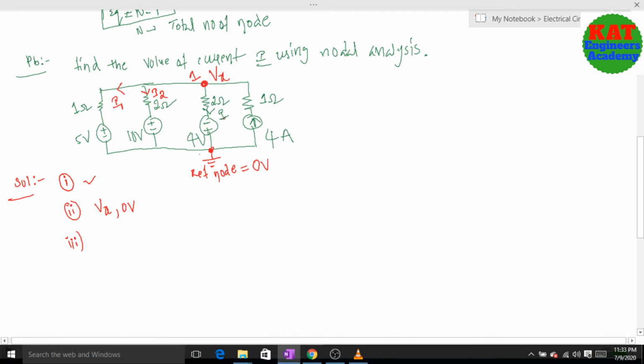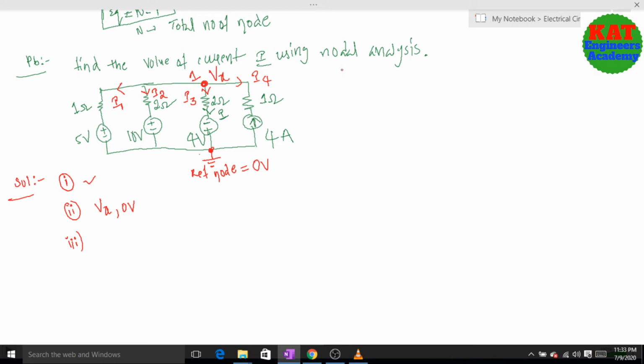Next, the current flowing through the other 2 ohm resistor I consider as I. Already they have given I, and I am assuming the same direction. Otherwise, you can assume a separate variable. So here I am assuming another variable I3, for example. Next, this one I consider as I4. For clarity, I am assuming all variables here, whatever variables they were given previously. Don't worry, first you have to give the new variables as you wish.